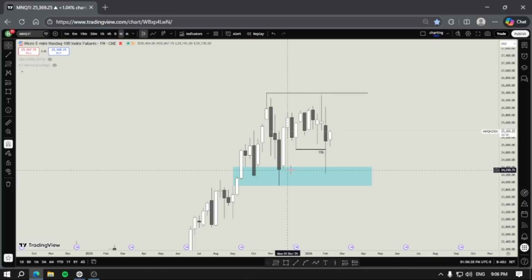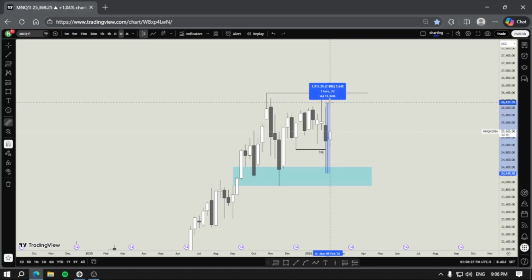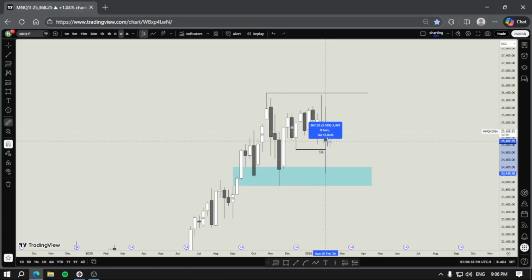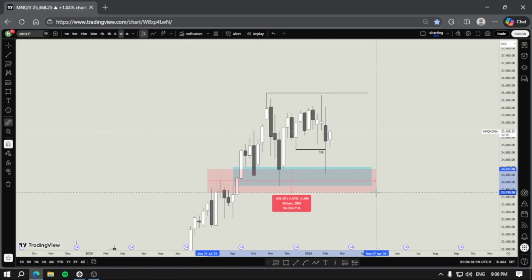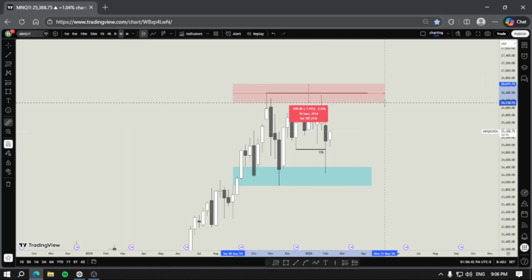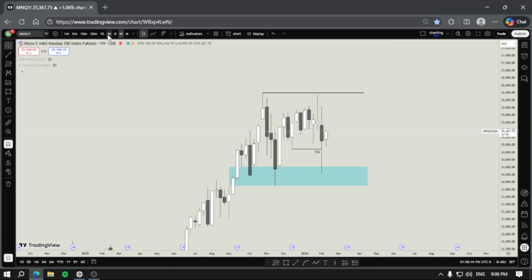So we can say this last weekly candle tested this weekly fair value gap and then pumped higher, which means we respected this fair value gap. So bullish PD arrays are getting respected. So I'm being more bullish, and this weekly high, those high time frame equal highs, are going to be my draw on liquidity over time.